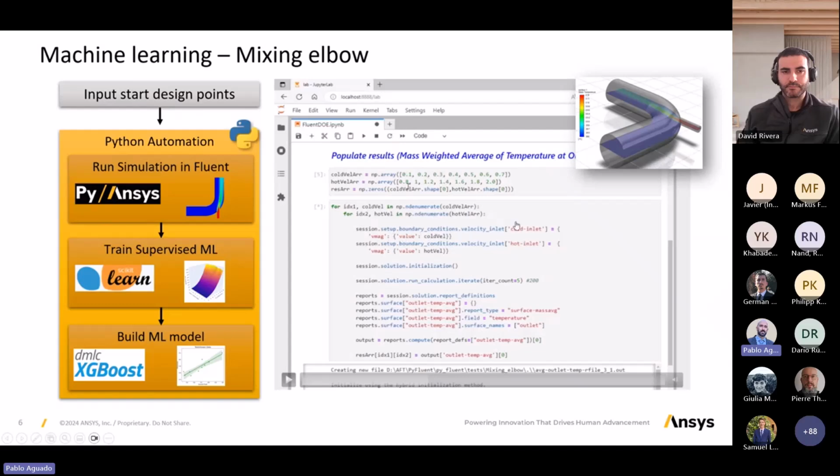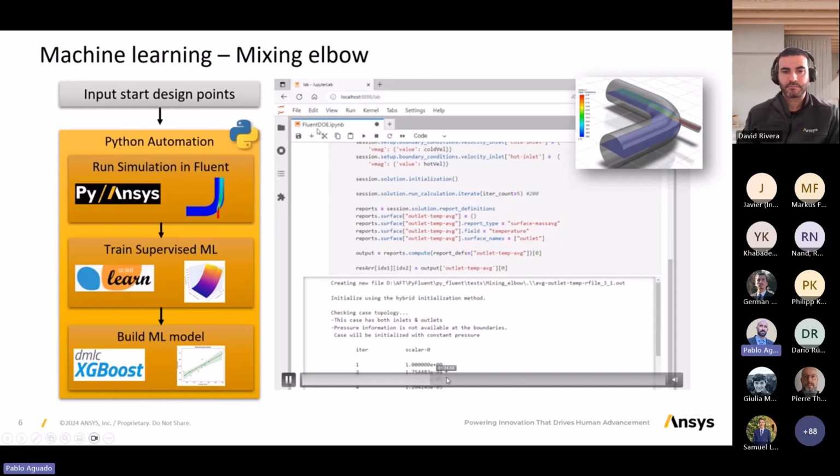For each array, I'm setting the velocity inlet with its prescribed velocity magnitude. I am defining the hot inlet with its corresponding velocity magnitude. I'm initializing the solution, and then I'm iterating for 5 iterations here, just for the purpose of showing here. Then I am defining a report at the outlet as the average temperature, and I'm getting that one. I'm saving that output, and I'm storing it in an array that will be used to train the machine learning